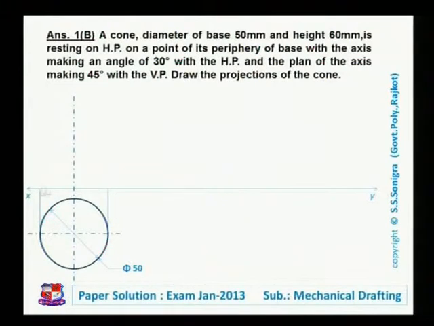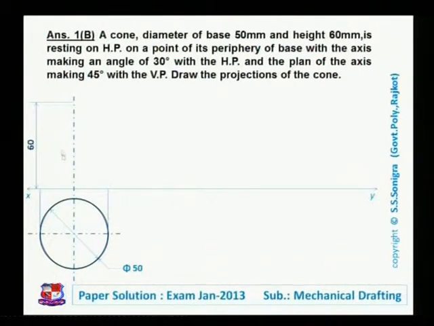This projection will cut XY line at 2 points. So this represents the width of the triangle in front view. Height is given, that is 60 mm. So from this XY line at a distance of 60 mm, mention one point. Locate this point which is at a distance of 60 mm from XY line like this.